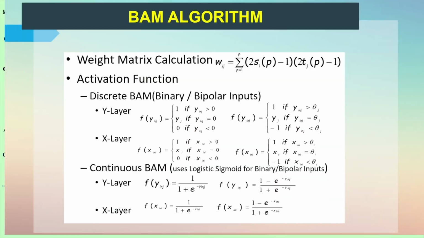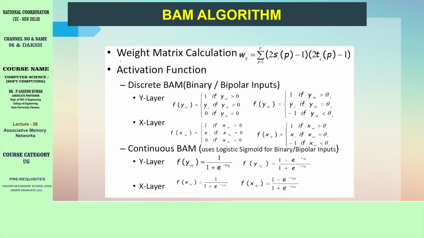Since it has this finality, we have to take the outer product rule, or simply a Hebb rule. The architecture is very simple, and the training algorithm is a little trickier when you use the outer product rule, and very comfortable when you use the Hebb rule. But the outer product rule plays the most prominent role because it is a specific rule for associative memory. Now the weight matrix calculation: how is the weight matrix calculated, because the weight matrix plays the vital role.